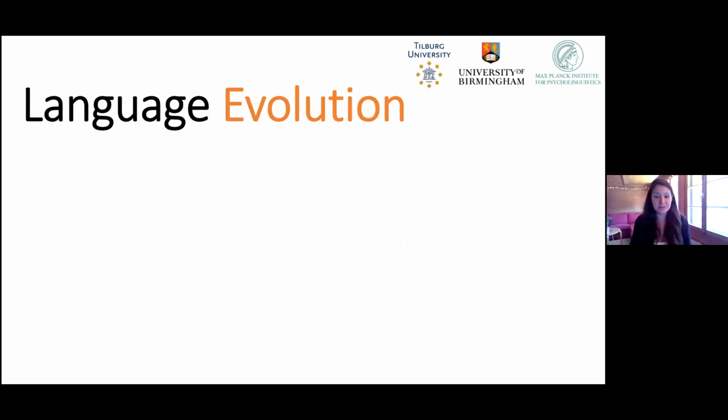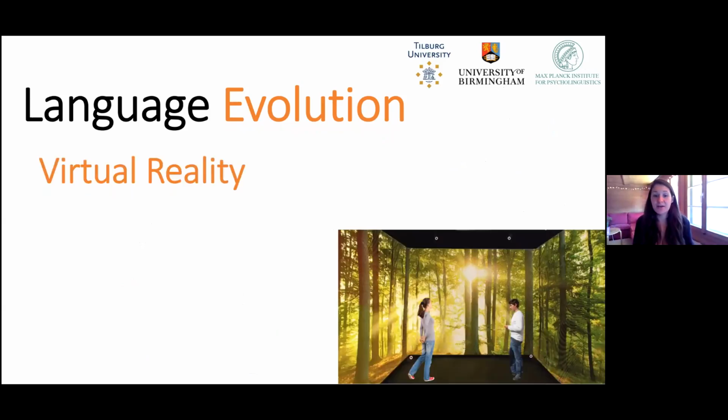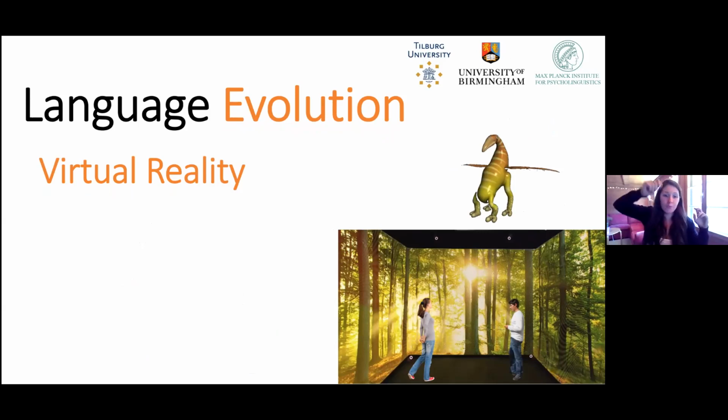Okay, last but not least, going back to language evolution, I'm currently in the process of adapting this group communication paradigm to virtual reality. This offers high ecological validity and a more naturalistic setup, but it also allows you to have high experimental control. And we already have the stimuli for this experiment. It's really cute. It's different novel creatures that vary based on their shape and size, their movement type, so whether they hop or walk, and their speed.